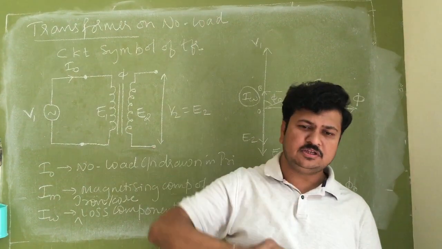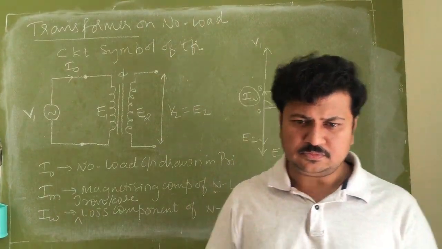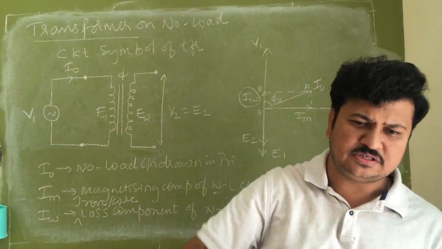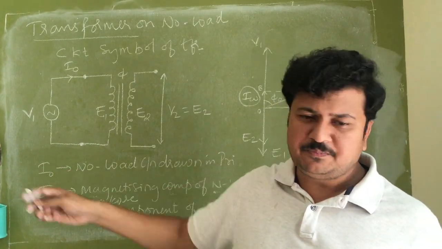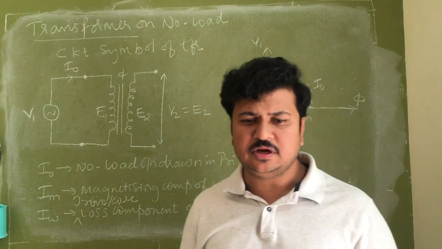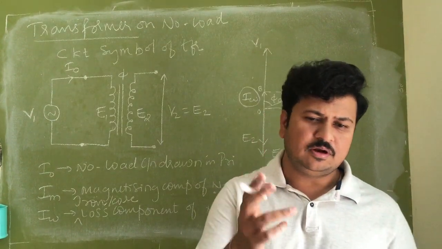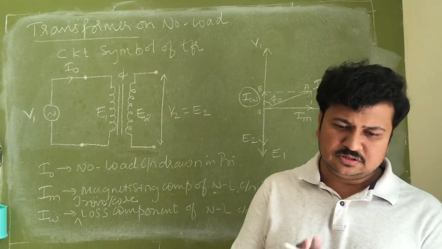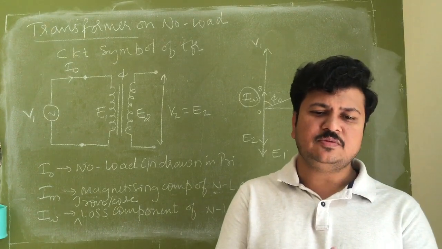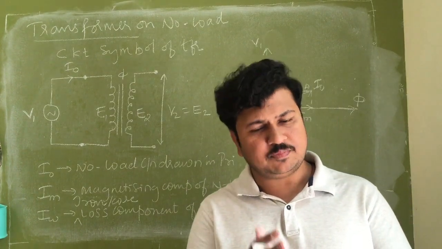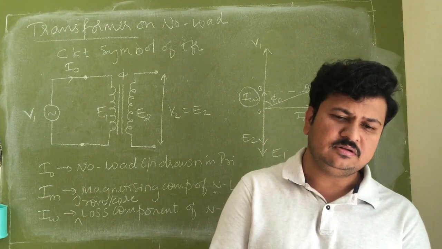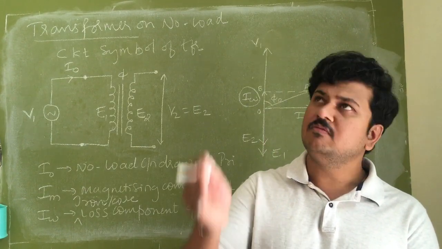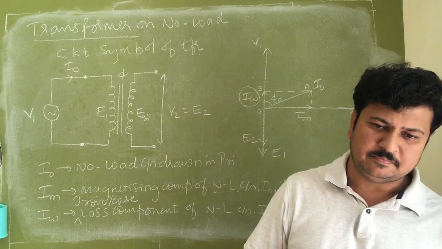Suppose the power drawn by this fan is 70 watts. Losses in the fan are around 10 watts. So if I provide only 10 watts of power from the source, the fan will not run, because the charged particles will get that power of 10 watts. They simply get satisfied with their friction. The remaining work will not be possible by the fan.